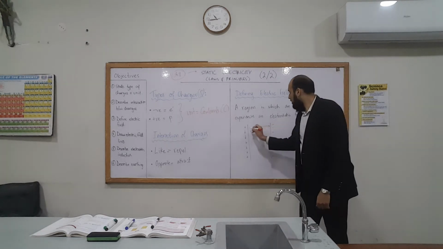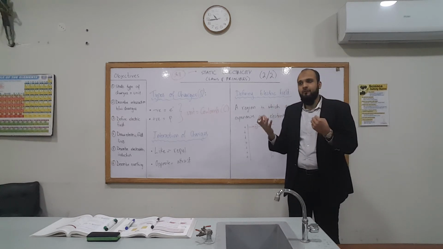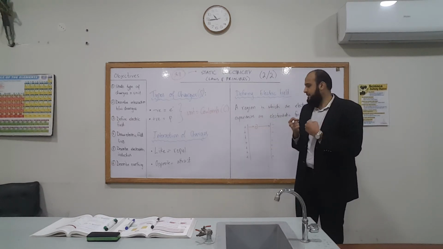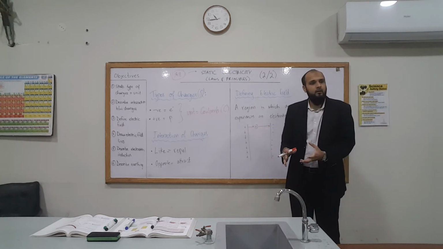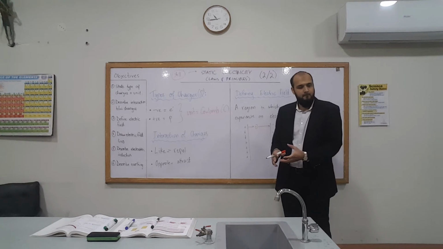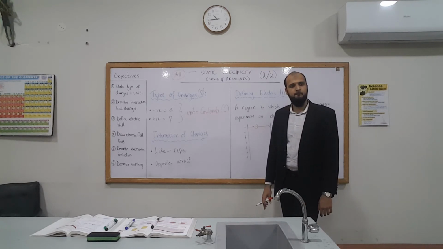So this is what the field lines show us: the strength of that field. Sir, I've tried to do this with a magnet, with two-sided magnets. Like the negative charge and the positive charge try to attract each other, and the negative charge and the negative charge repel against each other.